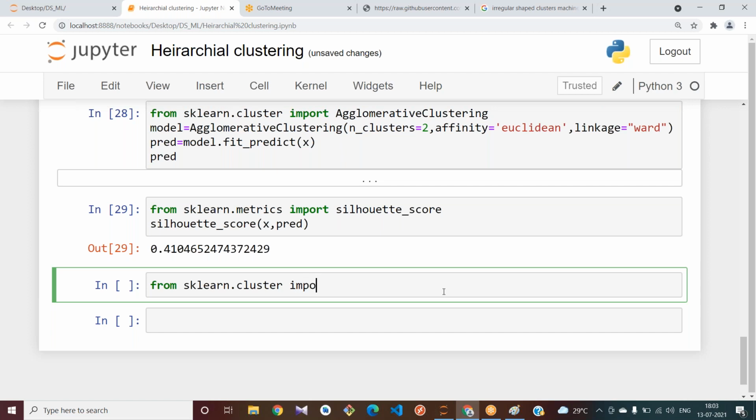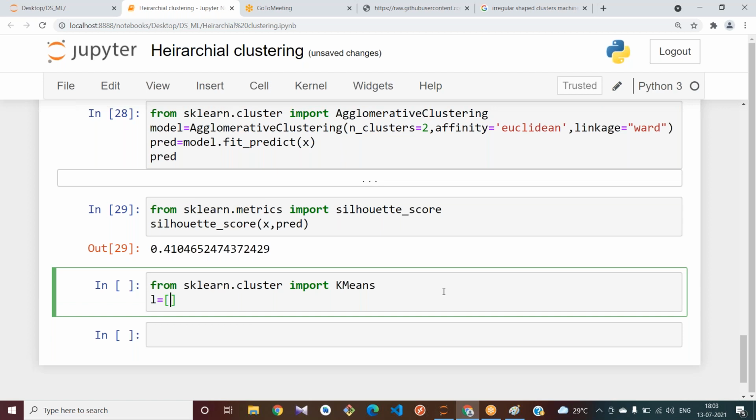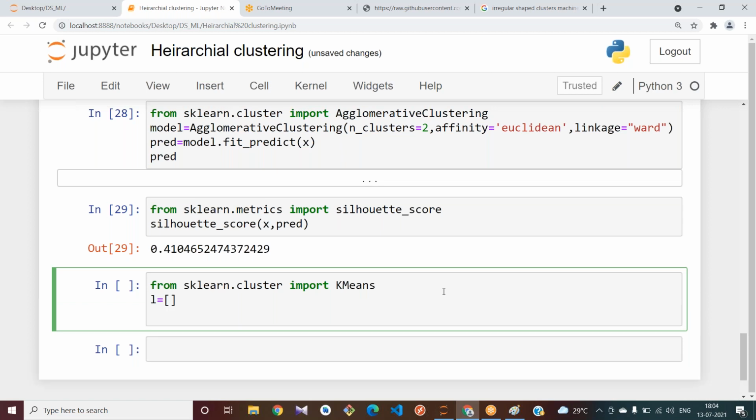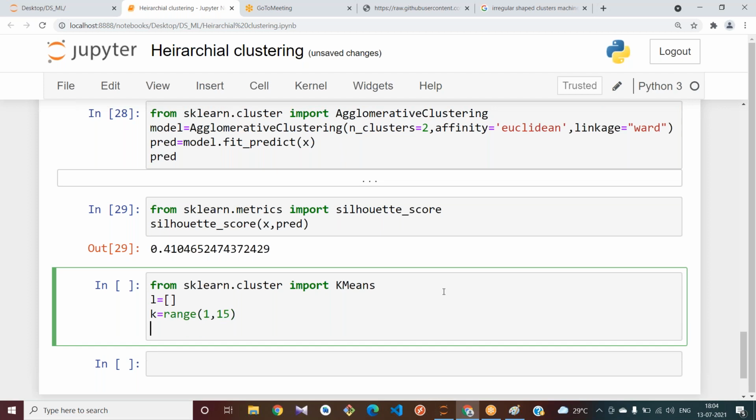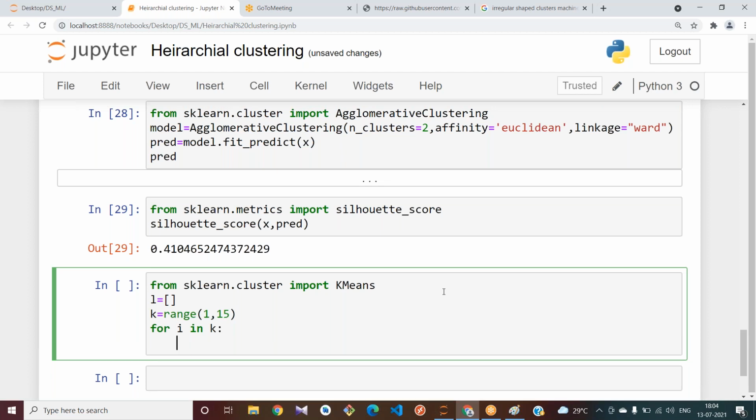From sklearn.cluster import KMeans. Okay, let me use one list here, and k equal to range of 1 to some 15 values. For i in k, what we try to do here?